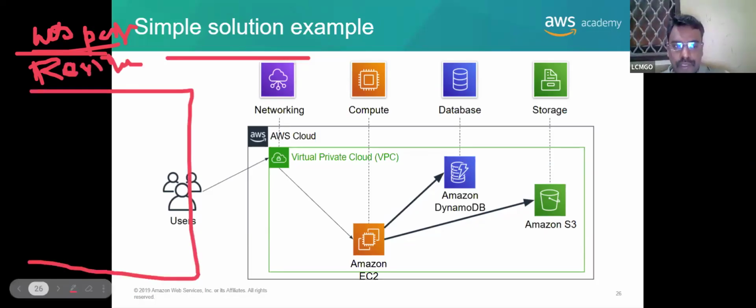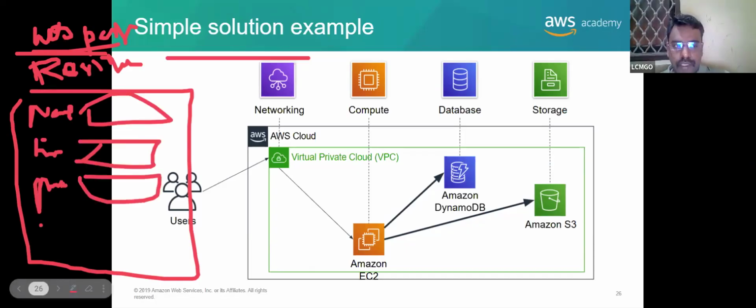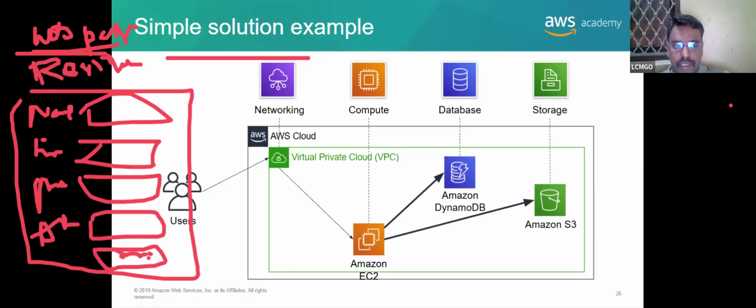Now there is a registration page. It will have name, email ID, phone number, correct? And anything you want to attach. Okay, and submit. Now, mainly for running this website, we need this cloud. Cloud is supporting in all the ways. First one, networking. To access this page, we need networking. For networking, we have VPC.